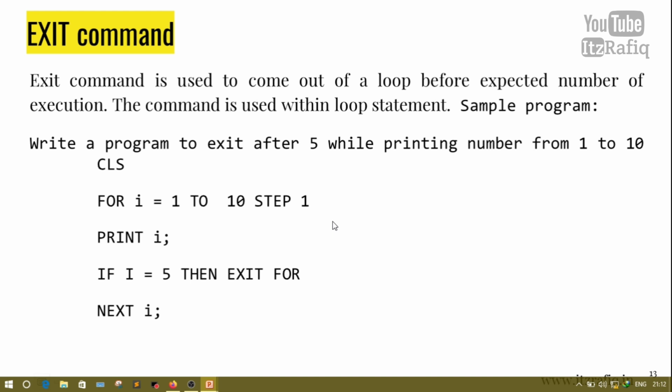For loop contains different parts like counter variable, start value, end value, and counter step value. The exit command in a loop is used to come out of the loop before it meets the condition. And do while loop runs till the condition is true, and do until loop runs till the condition is false. When the condition is true, it stops.